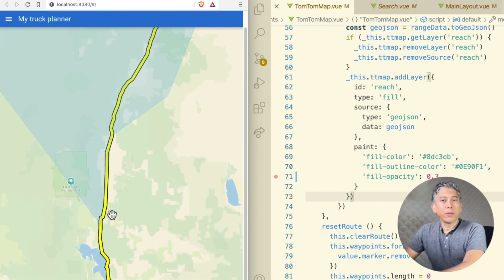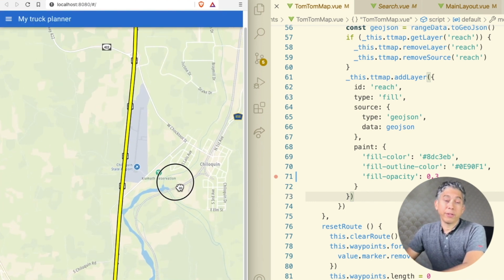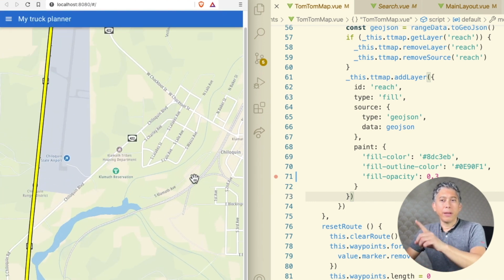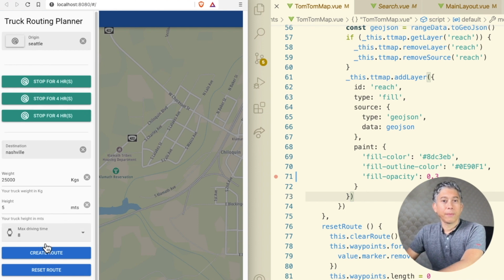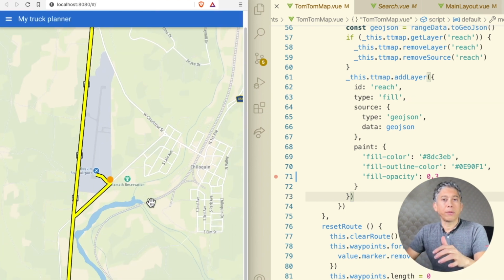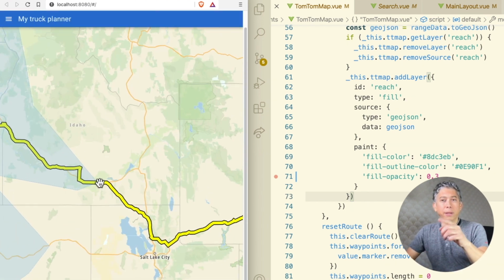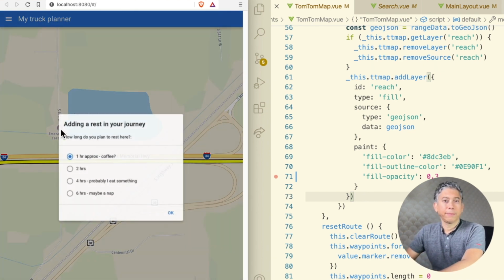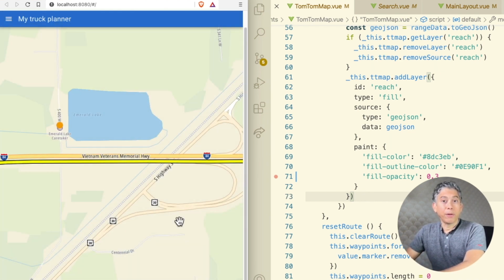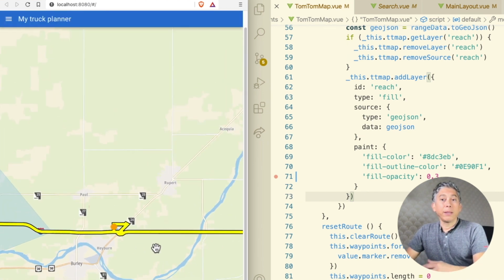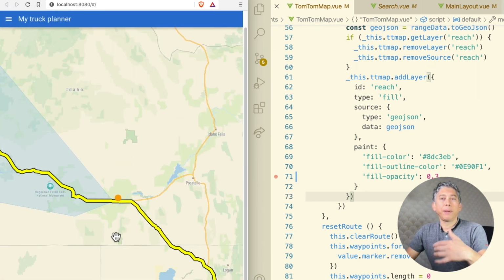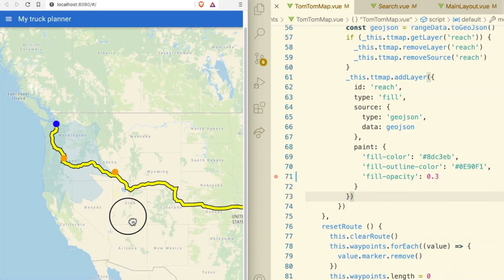Now, see how the route looks when we check for the first stopover. So if you have a limit of 6 or 8 hours, then we can stop around here, for example. And from that location, we can also drive all the way to, let's say, here. Then the visible range layer is updated every time we click on it. And we can see where our next stop can be, and so on.